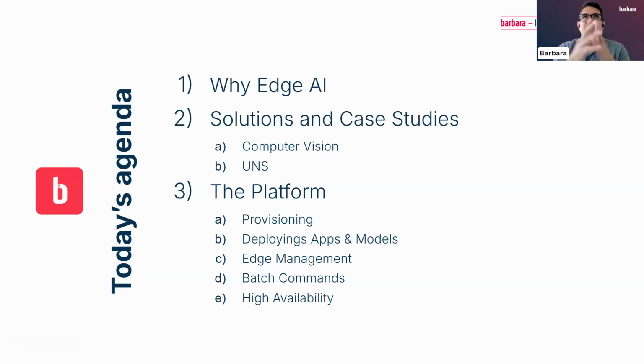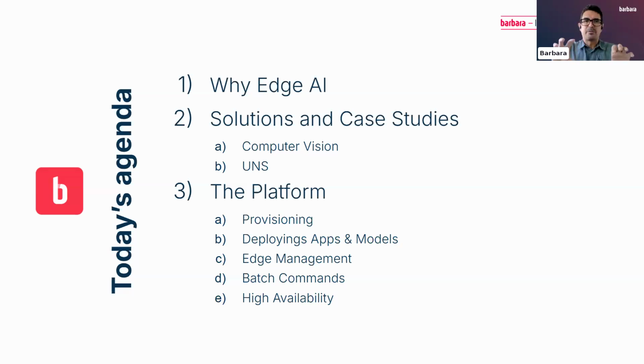Then in the second part, we will discuss how to implement a couple of solutions, a couple of use cases, in a Barbara Edge node. We will cover two different solutions. We will cover computer vision, and also we will see how to deploy a new solution in a Barbara Edge node using Barbara panel. And finally, once we have seen why we use Edge AI and how we can deploy general use cases in our devices,